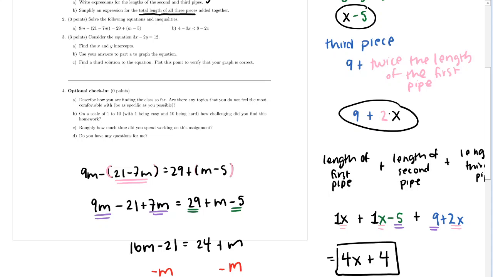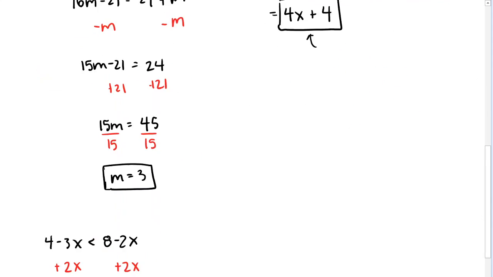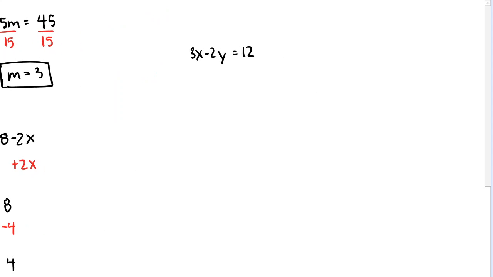Okay, so here I don't have a grid pulled up right away. But let me rewrite the equation. So 3x minus 2y is equal to 12. So here we're asked to find the x and y intercepts, right? So what are the x and y intercepts? Well, here,